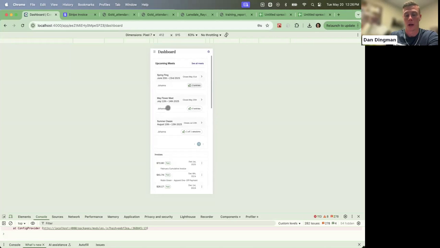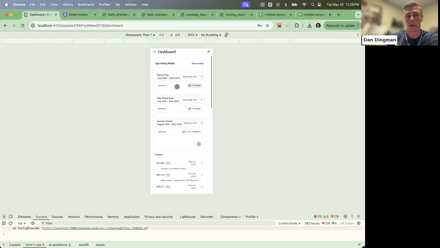When they come to this screen, they would see all the meets that any of their swimmers are invited to, and then the list of their swimmers underneath the meet, and their current status. So whether or not they're committed to the meet, which is this thumbs up, they've declined the meet, which would be a red thumbs down, or it would be in limbo, and it would have an option right here for them to commit or decline.